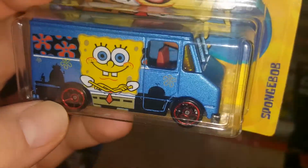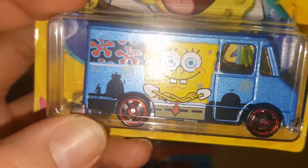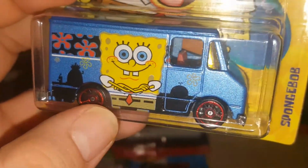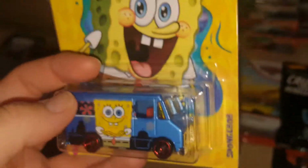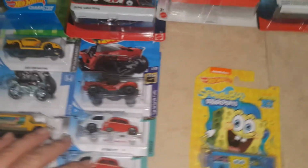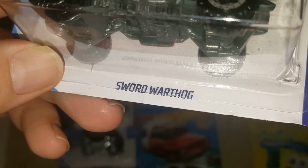Pretty cool. And I think those are the silhouettes of the buildings. Maybe that's the pineapple, and that's Patrick's rock on the door. And I'm assuming on the other side must be Squidward and another character's home. Next one for Hot Wheels, in this Hot Wheels Screen Time Sword